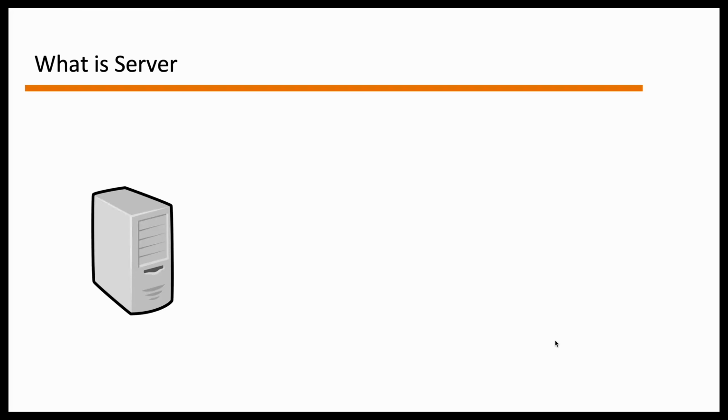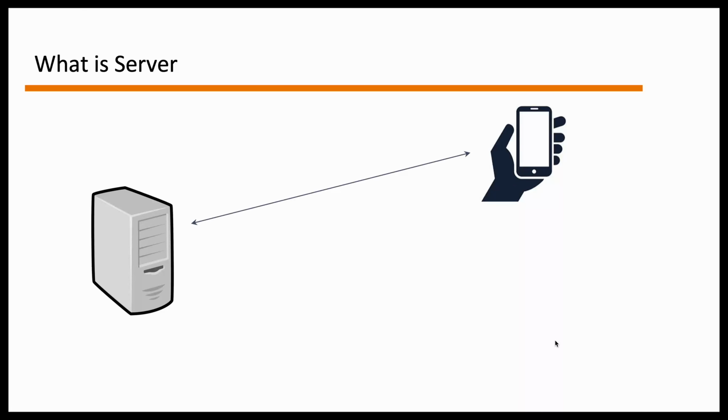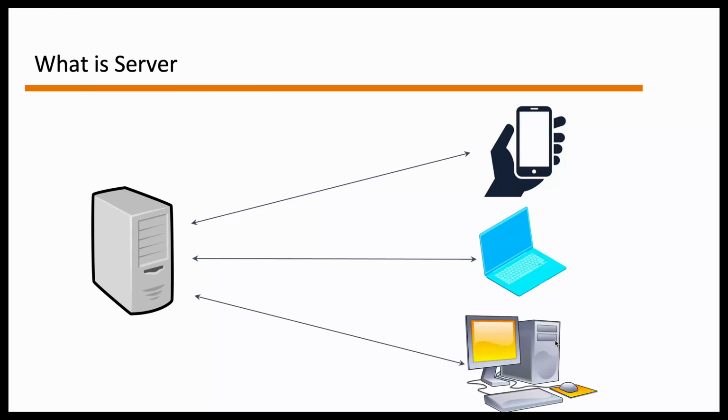A server is nothing but just another computer that is good at sharing information with other computers. It's like a boss computer in a network that listens to the requests from smaller computers, also known as clients, like a desktop, laptop, or a phone, and sends them the information they need. For example, when you search for something on the internet, your request goes to the server. The server then finds the answer and sends it back to your device